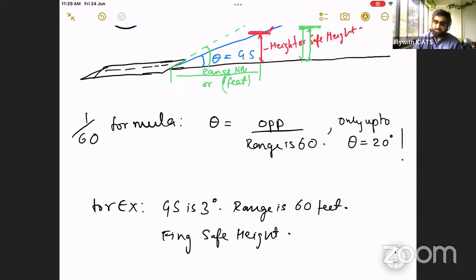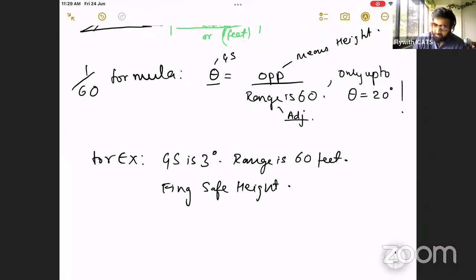Now, this opposite here means height. Range here means the adjacent side, and theta here means glide slope angle for us. So if I use this in the formula,